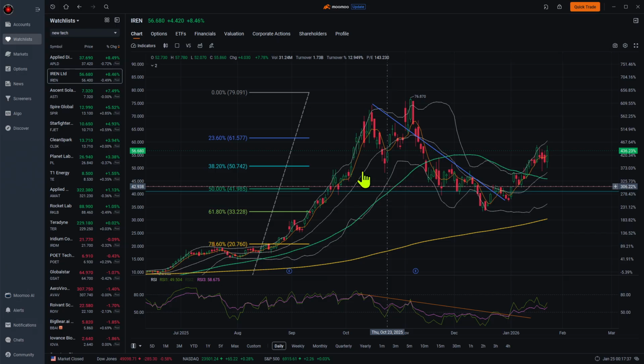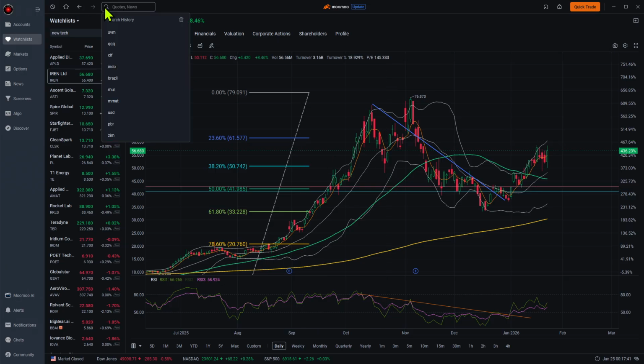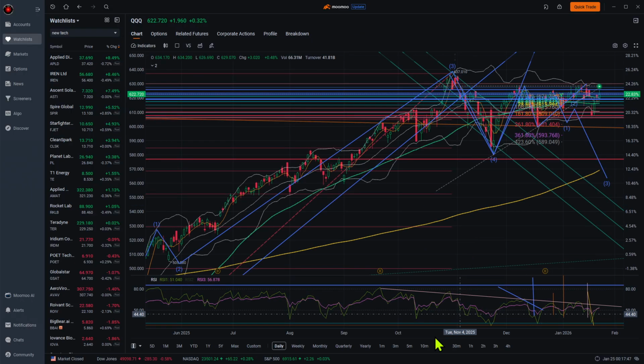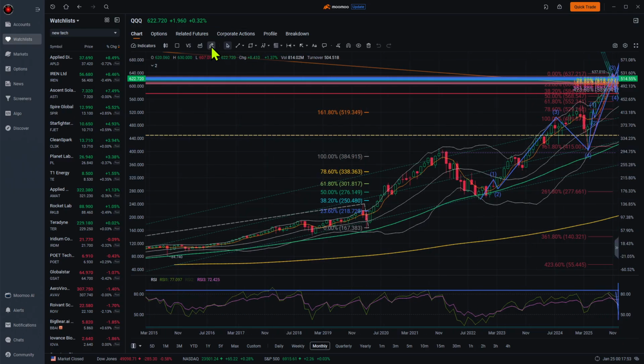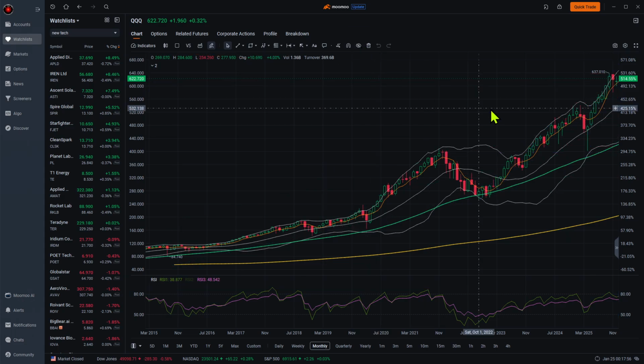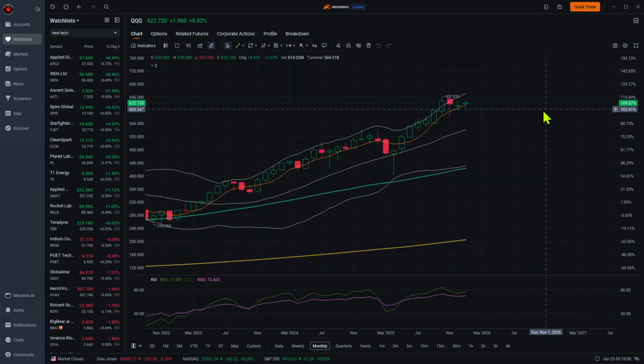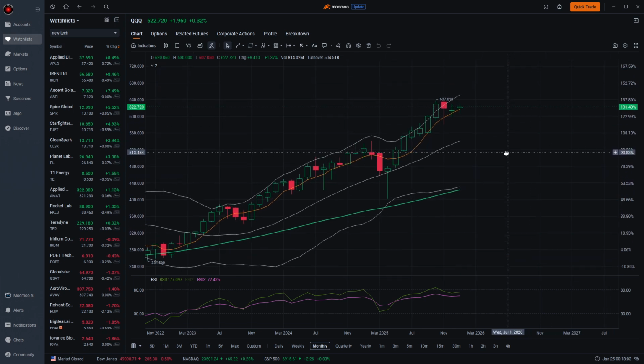But again, if my perception of the Qs is correct and we come out of here with a bullish candle, if we have a pretty good week, or even if we come out at 630 and then next month we come higher. But if this looks like a good setup, if we break this 637, if we break that this week,